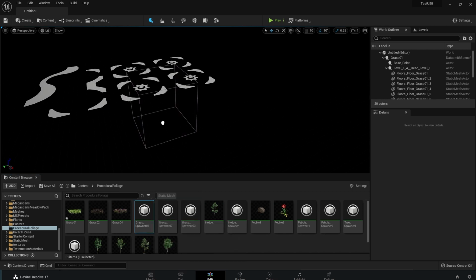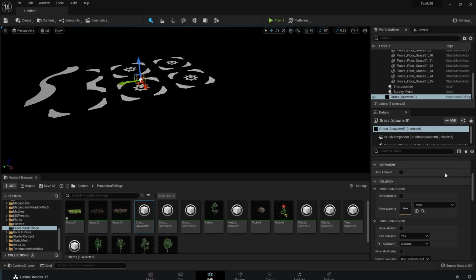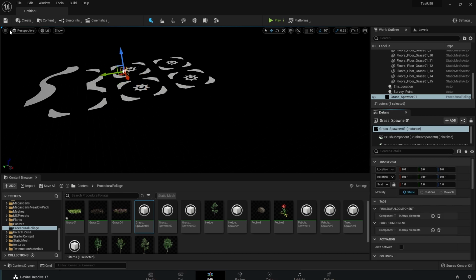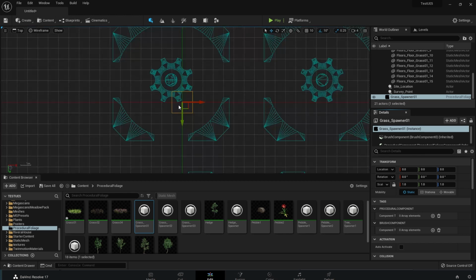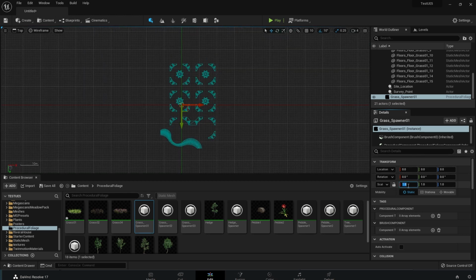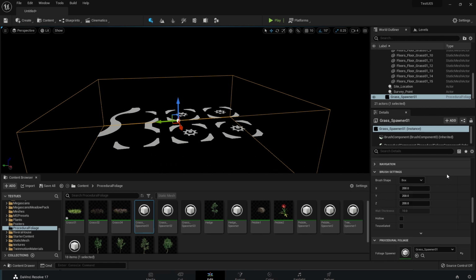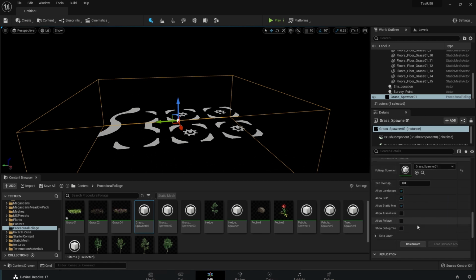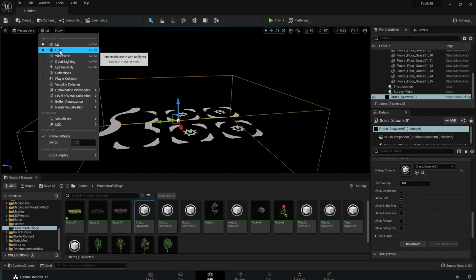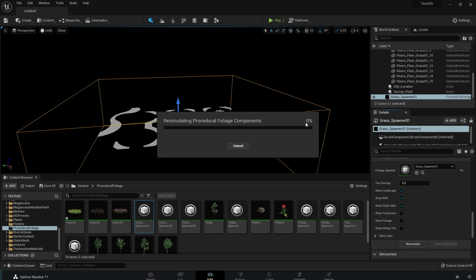Drag and drop your foliage volume and scale it to cover the entire scene. Go to details, resimulate. That's it. Keep the level as unlit so it will speed up the process. Do the same for all foliage types as different levels.